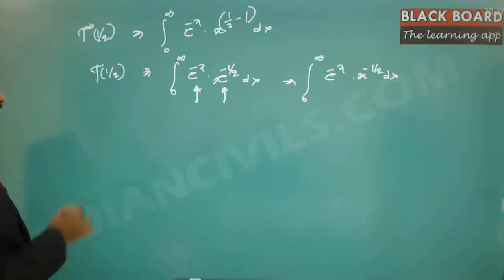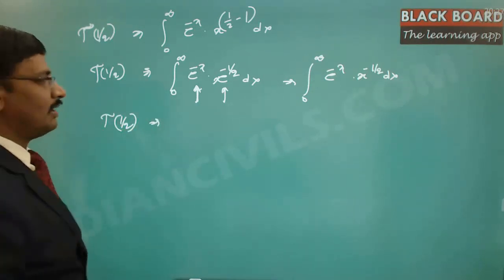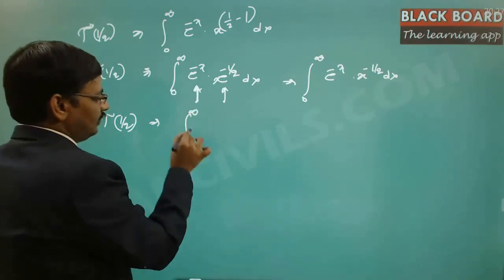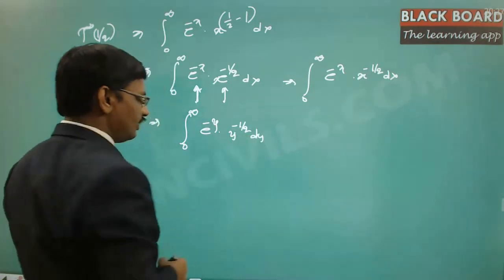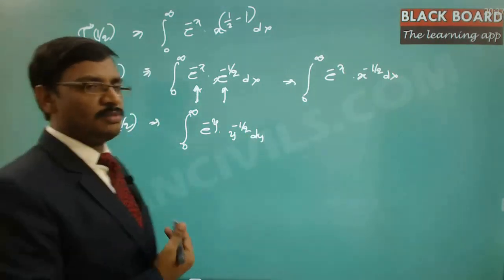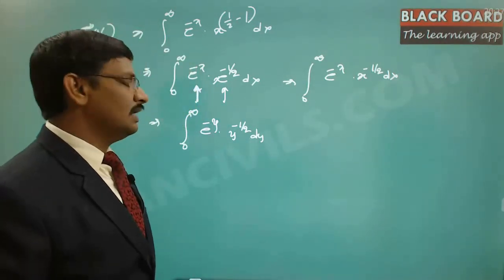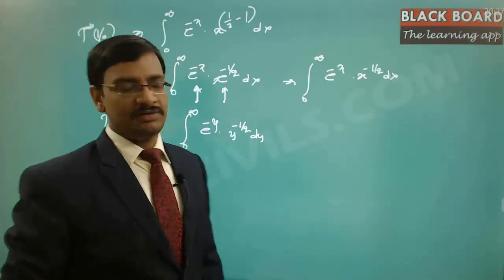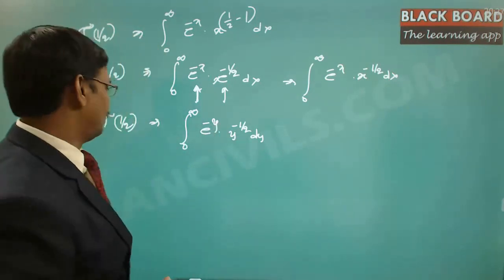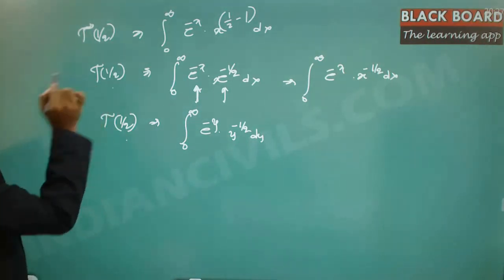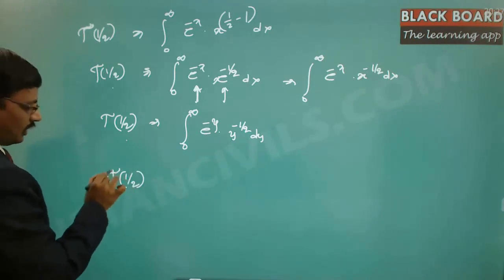Now what I will do is, the same gamma of 1 by 2 can even be expressed in a different manner, that is the integral from 0 to infinity of e power minus y into y power minus 1 by 2 dy. So this is also exactly the same value. This is the fundamental theorem of integration. As long as the limits are the same and the functions are the same, it is independent of the variable, so you can keep any variable, but the integral value will be exactly the same. So this is also gamma of 1 by 2, and this is also gamma of 1 by 2. If you multiply these two, we get gamma of 1 by 2 whole square.